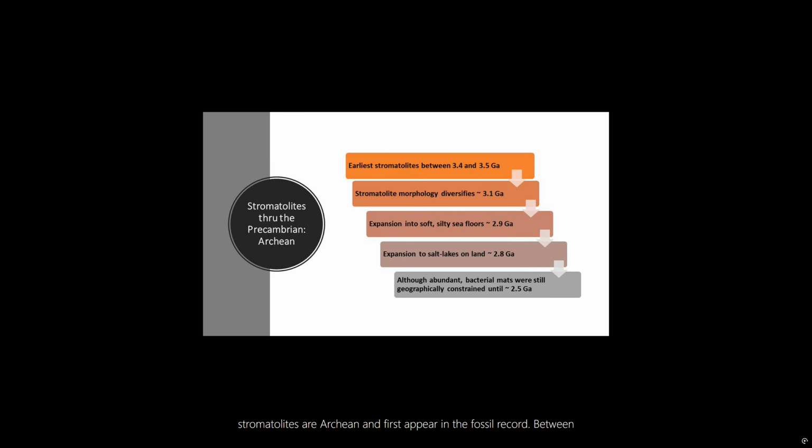The stromatolites were very complex communities of microorganisms living symbiotically. The earliest stromatolites are Archean and first appear in the fossil record between 3.4 and 3.5 billion years ago. At approximately 3.1 billion years, their morphology, which is their form, diversifies.